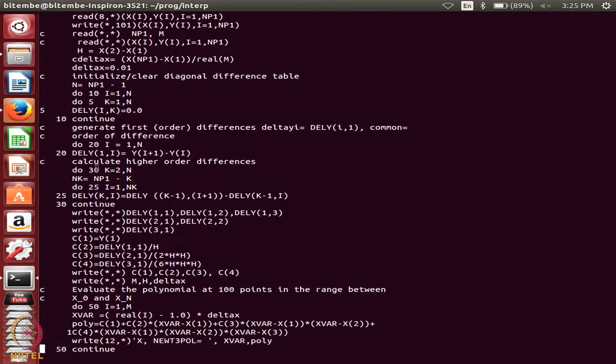So, study this loop carefully, it gives you all the higher order differences, and once I calculate all the higher order differences, it will write them on the screen. It will write these are the first order differences, these are the two second order differences, these are the one third order difference. Now, when it writes on the screen, it will write a lot of data. To make sure I understand what I am doing, I shall go here, I am going to add this thing.